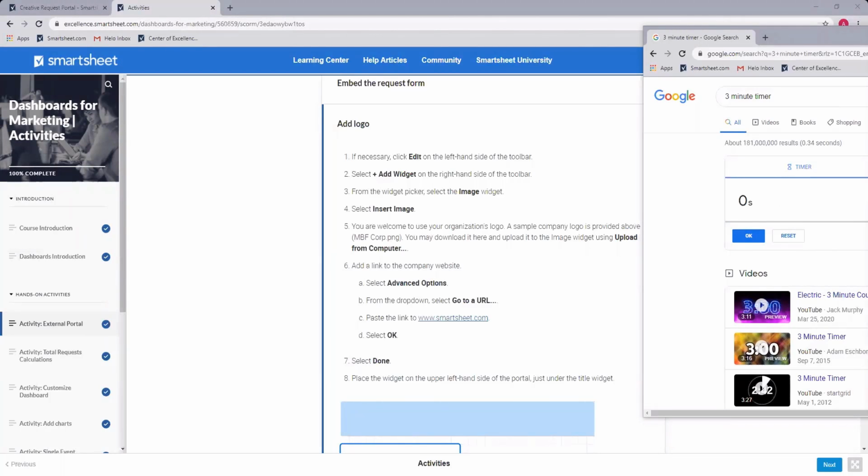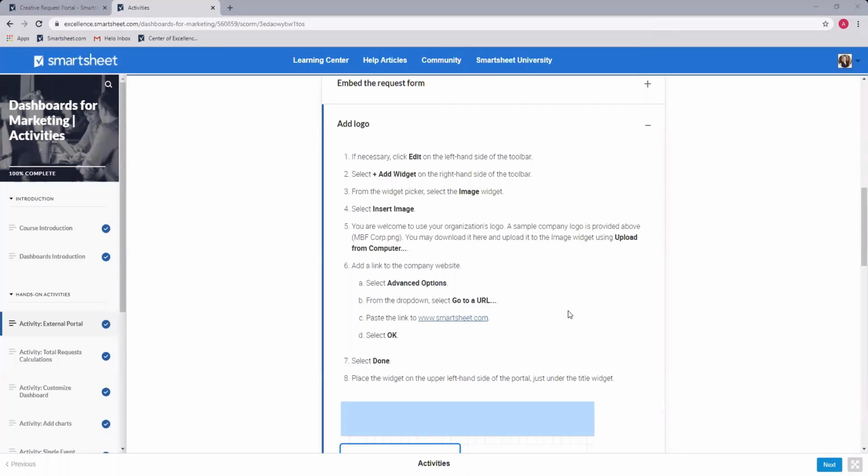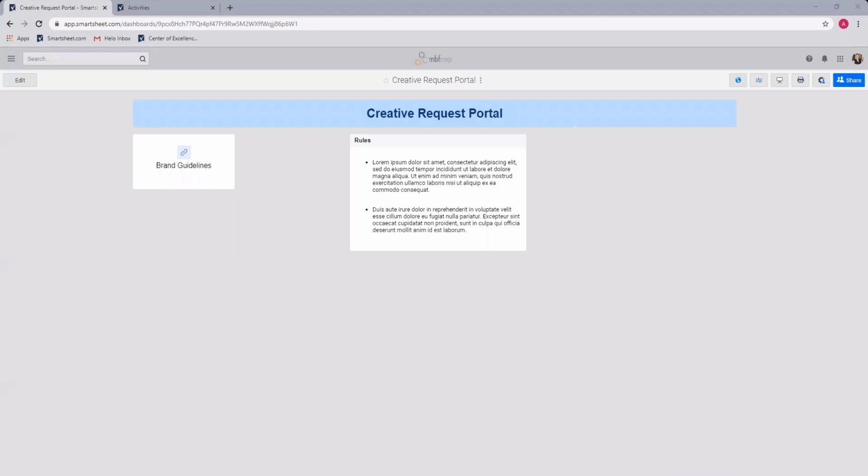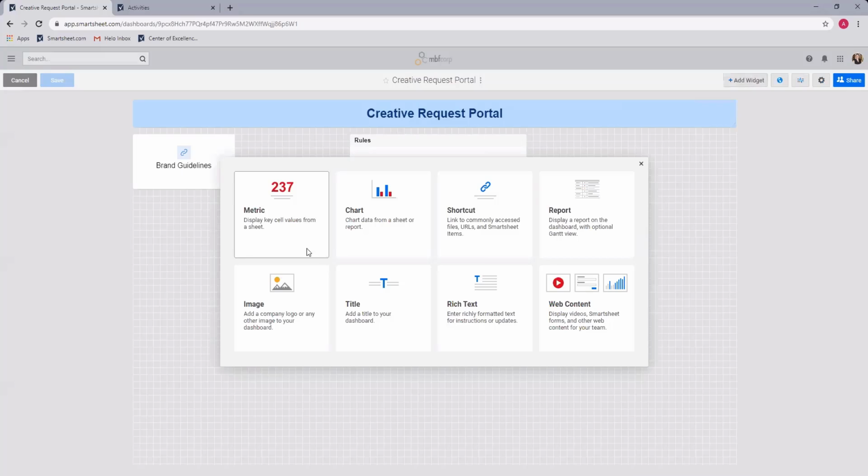All right, our 3 minutes is up. If you haven't completed it, that's okay. I'm going to give you another moment to do so, but I'm going to move my timer out of the way. And I'm actually going to make the add logo widget myself, because I have not done that, because I was sharing my screen with all of you. So I'm going to go to Edit, Add a Widget, add my image widget,